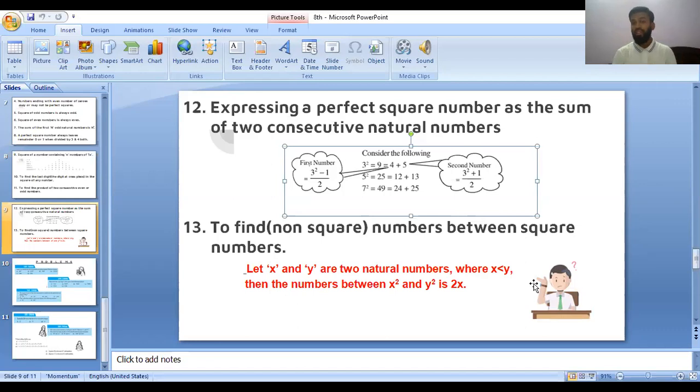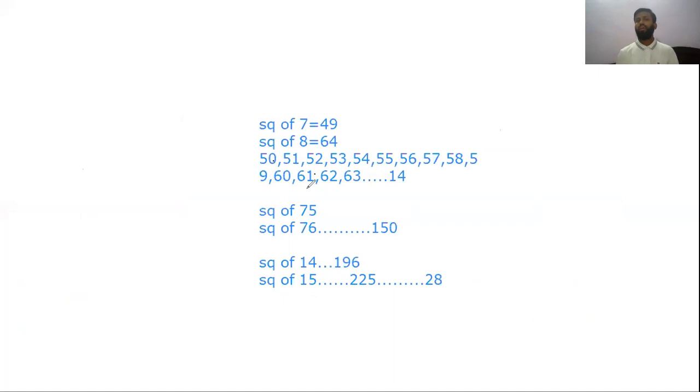So how many numbers are there? Remember, double of the smaller one. If I say x and y are two numbers such that x is less than y, meaning I'm considering that x is smaller, so how many numbers would be there in between the squares of these two? Like x का square और y का square जब हम करें तो उसके बीच में कितने आएंगे? तो छोटे वाले का डबल। और मैंने यहाँ पे छोटा किसको माना है? x को, 2x। वही एग्जाम्पल यहाँ पे मैंने आपको दिखाया था।